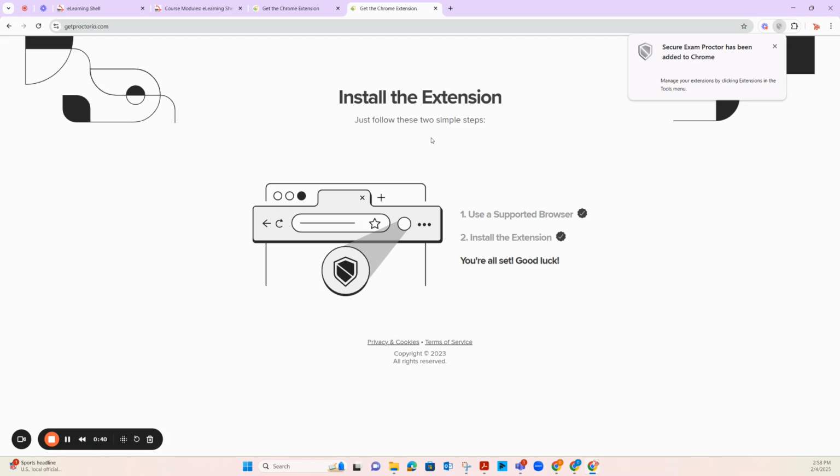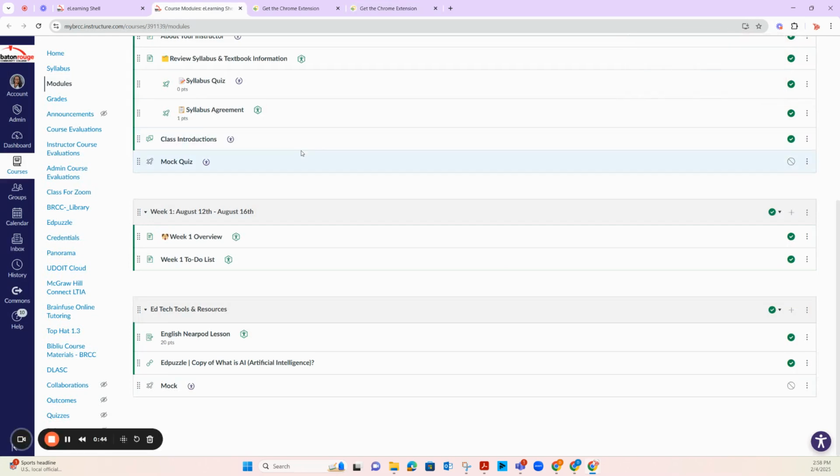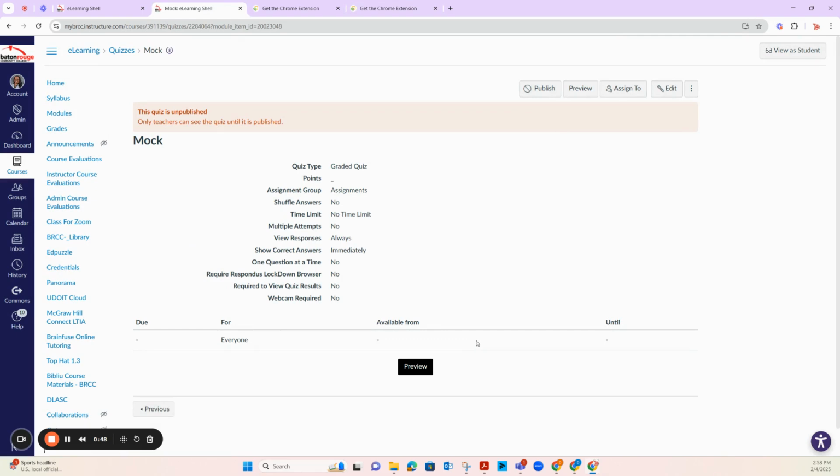Once you're done installing the actual Chrome extension, you're going to come back to your class and go to your quiz. And of course, once you go into your quiz, you'll be able to modify the Proctorio settings in there. So let's go ahead and go into our quiz. I'm going to click on edit